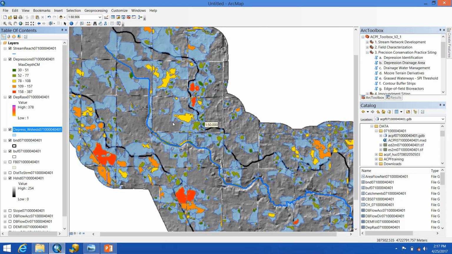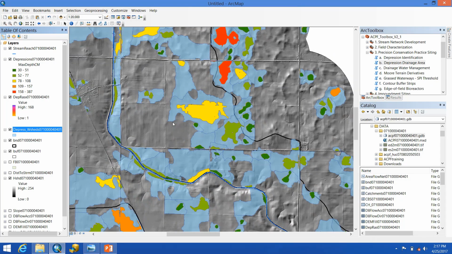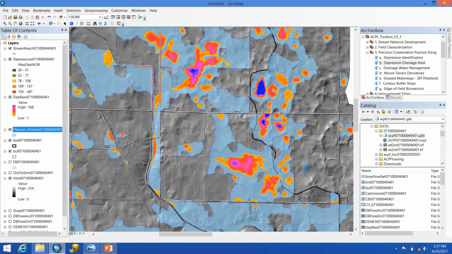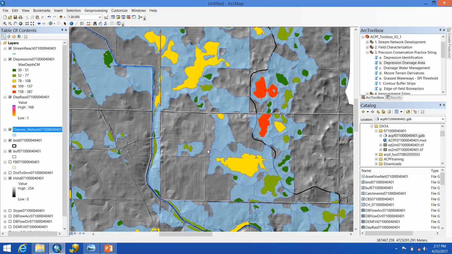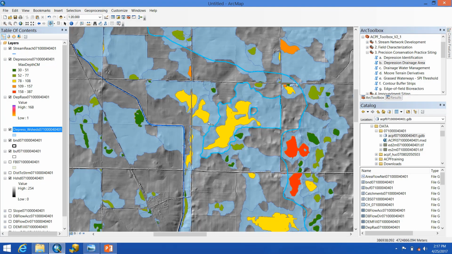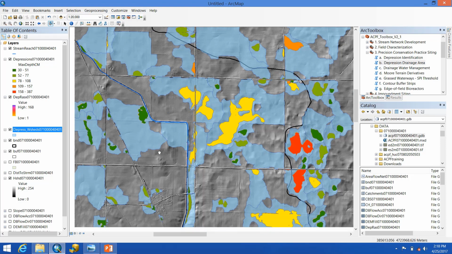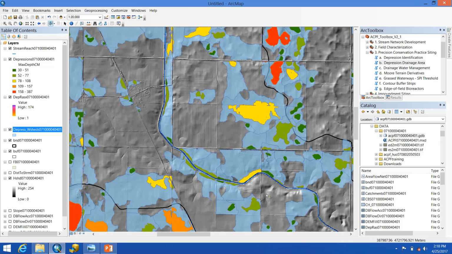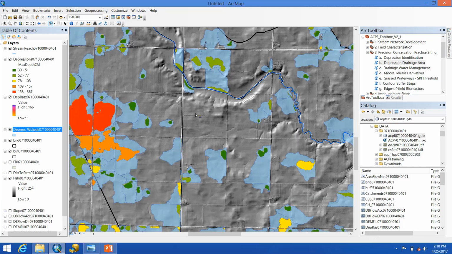And now when we zoom into a certain depression, we understand what area is flowing into that depression. So this can be helpful if we want to target a certain spot, maybe for treatment, if we know that a large portion is draining into it. And we can also get somewhat of an idea of areas that are more susceptible to flooding than others based on how much area does drain into there.